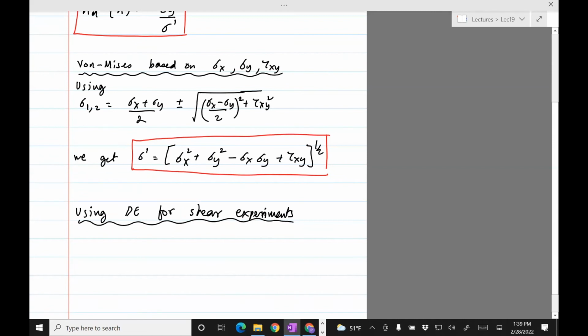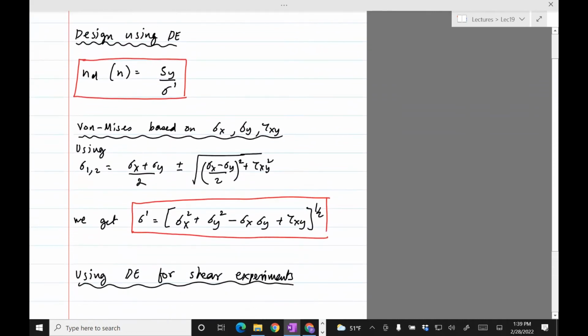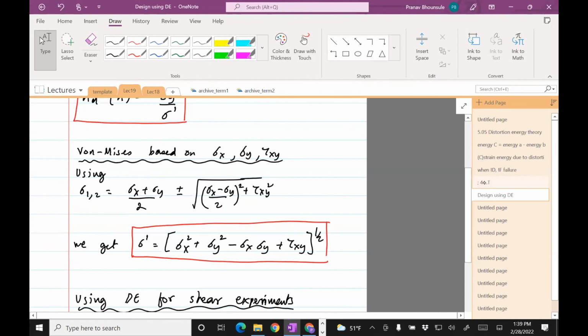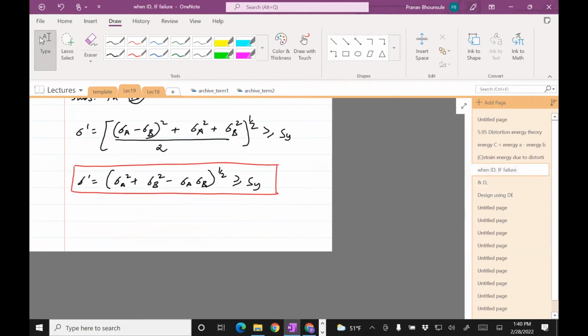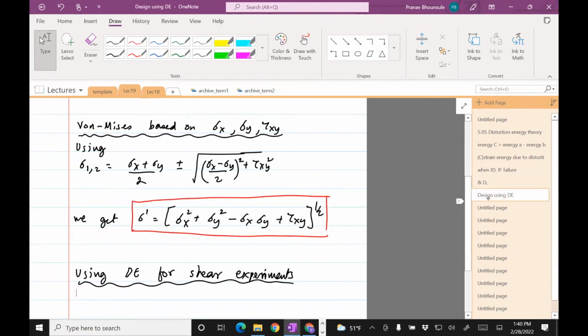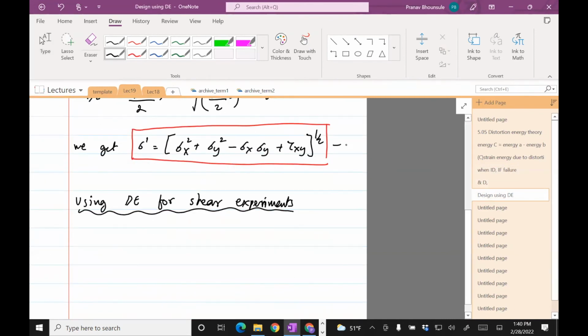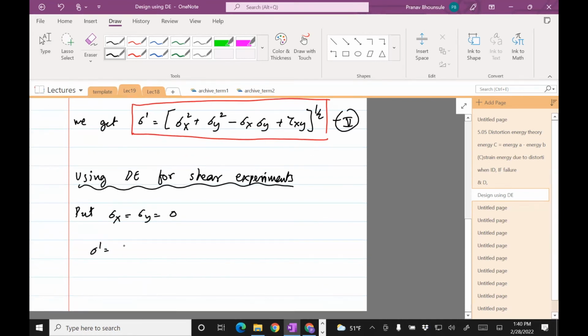Okay, so for shear, what's the last formula number I wrote? 4, okay, 5. Let's call this 5. But sigma x equals sigma y equals 0, right? The normal stress is 0. And so we have sigma prime equals